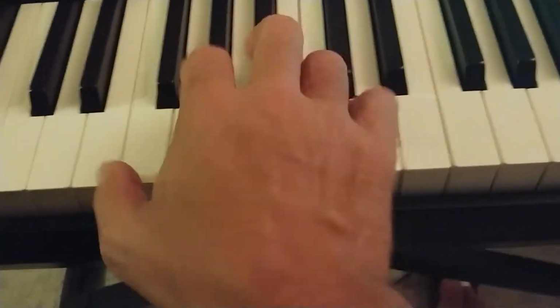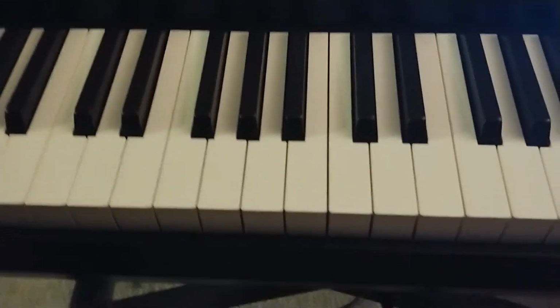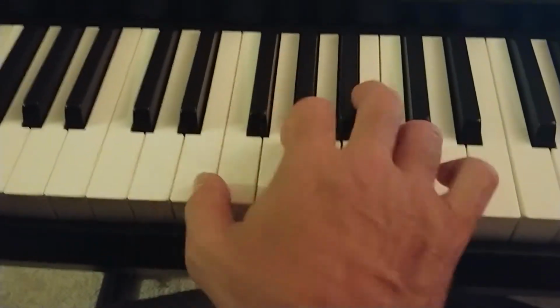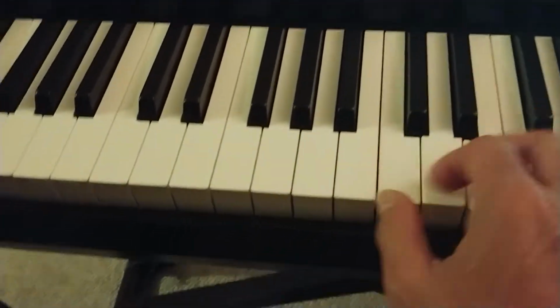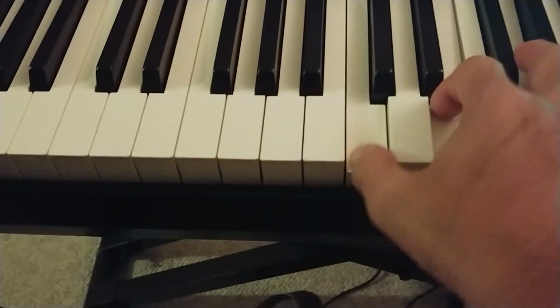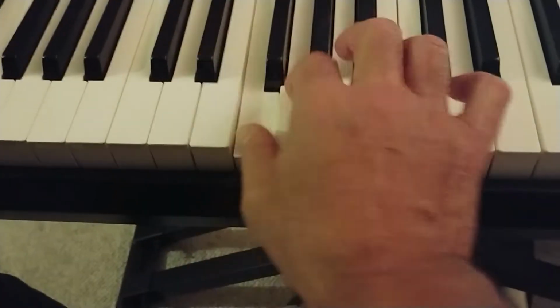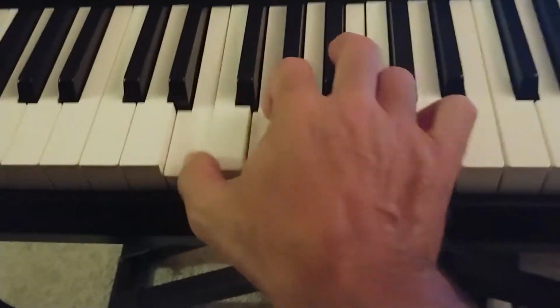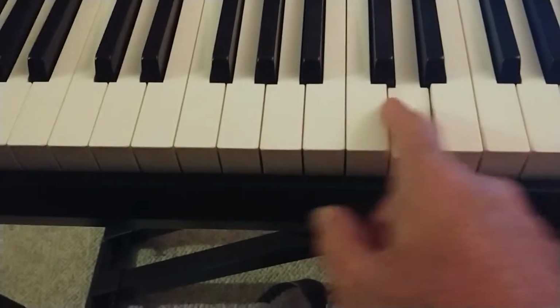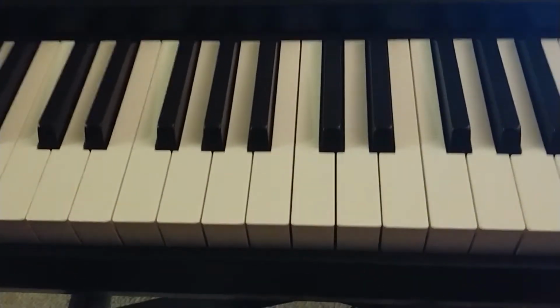Okay? Now, so this is called the diatonic chord progression. We're just moving up the scale in chords. Diatonically. In other words, within this scale. Each one of those chords fits into our C major scale. There's nothing that's foreign there. Okay? So,